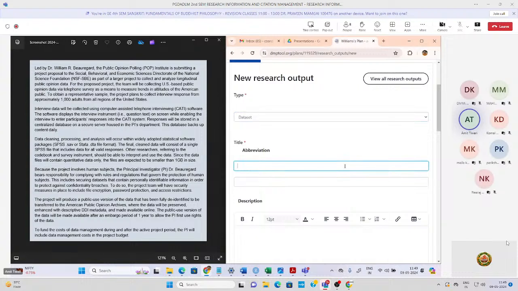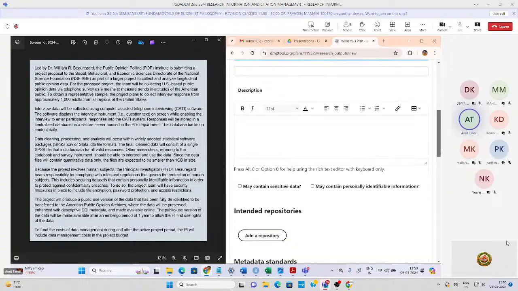For data sets, the title will expectedly be maybe social science data set. Simply I'm putting it, it may be something else. Then description of that also. The data will be useful for